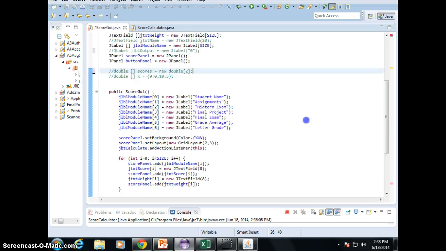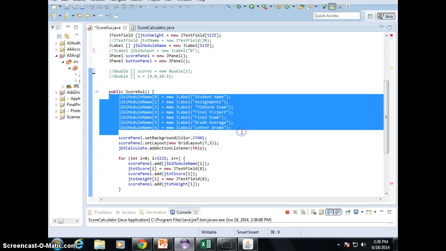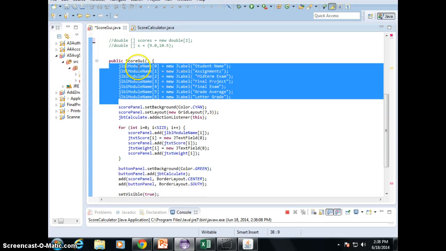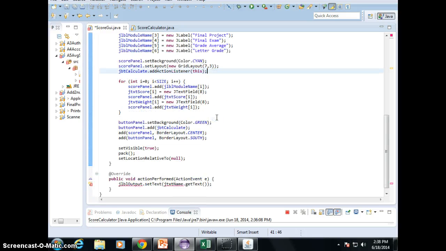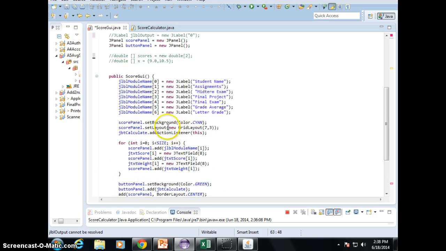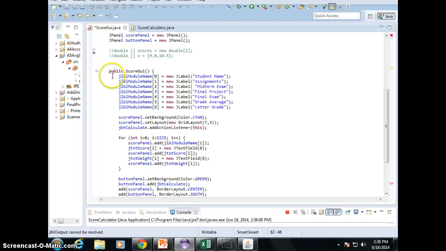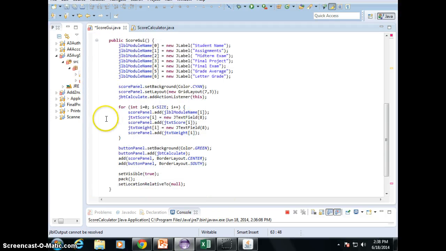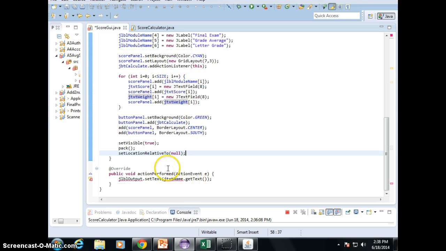Alright, let's pause. Set up the labels for JLabel. Fix, because I didn't put the event yet. I commented out, right? So we're going to fix it with the JLabel. We're not going to need it. We use them and add them here, right? Add the text, add the weight. Now we need a score from that. When I click the JButton, calculate,